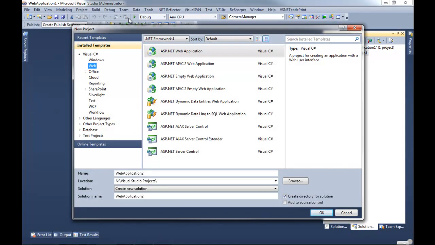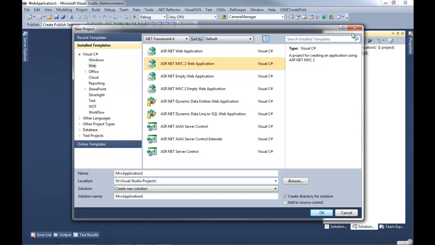Anyway, if you have Visual Studio 2010, you have ASP.NET MVC2. And MVC2, as of a few weeks ago, is now obsolete and has been replaced by ASP.NET MVC3, which is really awesome. It has a lot of new features that we'll definitely be using.